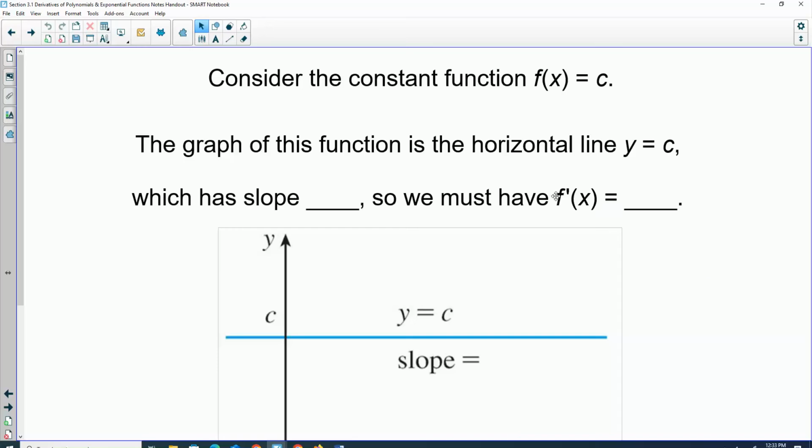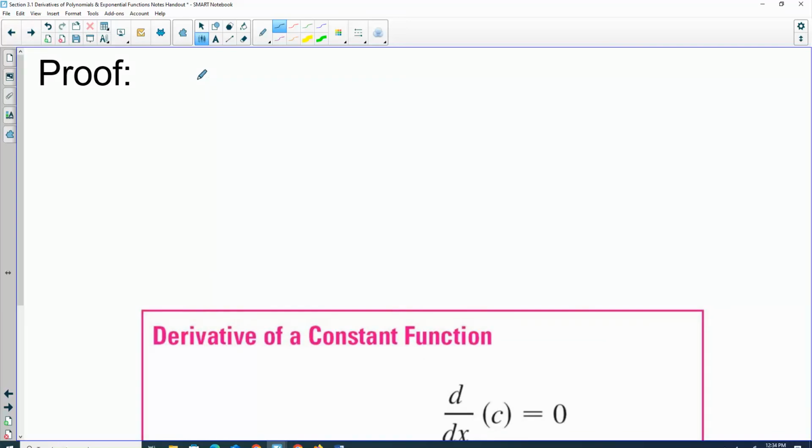So if we think about it, anytime you have a constant function, that's just y equals a number. That's a horizontal line. What's the slope of any horizontal line? 0. And so the derivative, the slope of the tangent line, is also 0. Now, mathematically, we can prove this. If our function